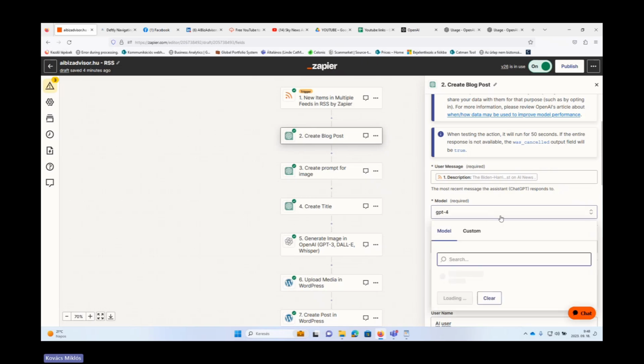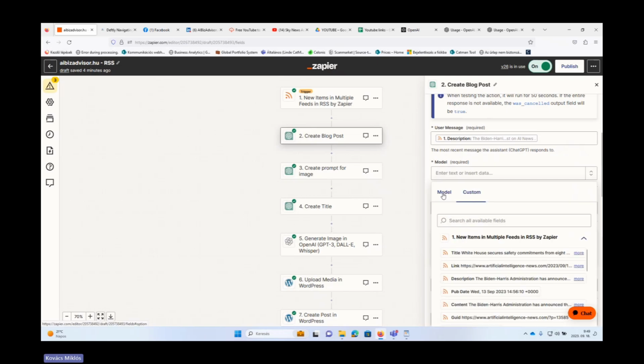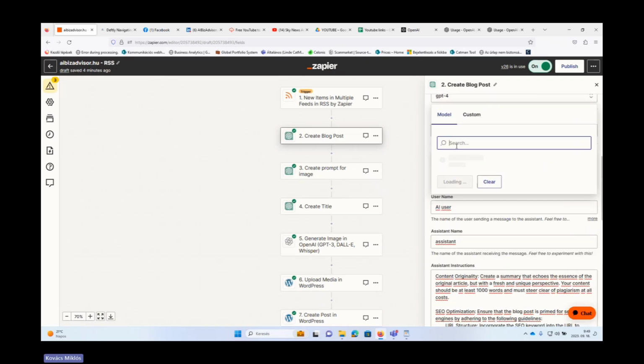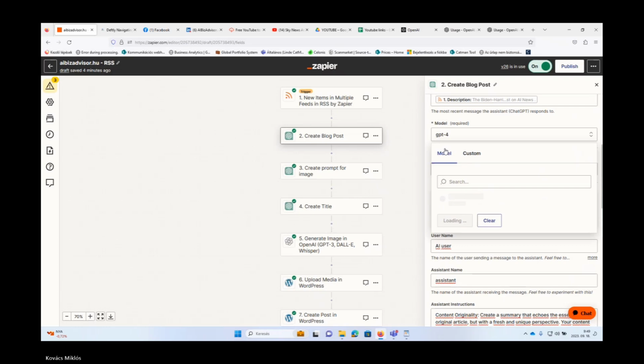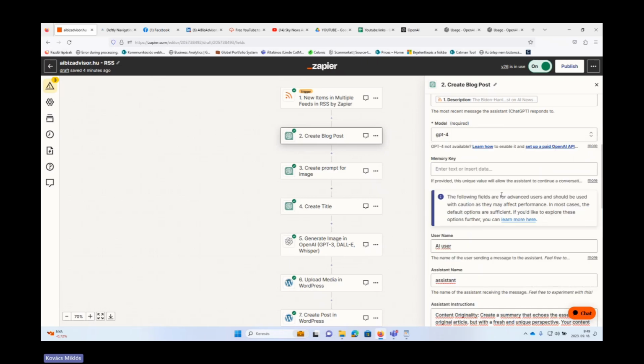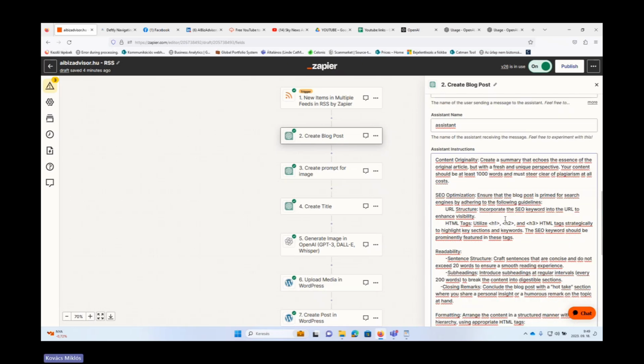GPT model, this is what I said a little bit earlier. For quality content, again, you're gonna use ChatGPT-4, but you can also use GPT-5. It's a little bit slow now, but never mind. So we will see later that ChatGPT, okay, finally. So you can also use ChatGPT 3.5 or 4. I'm fine with 4 now. Username, use an assistant, not really important, but what is really important is the prompt.